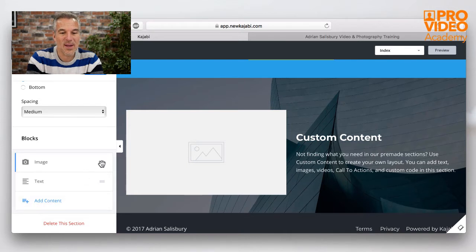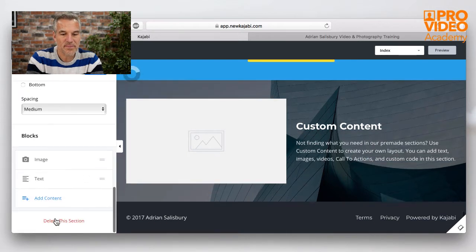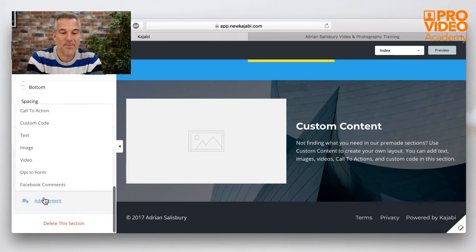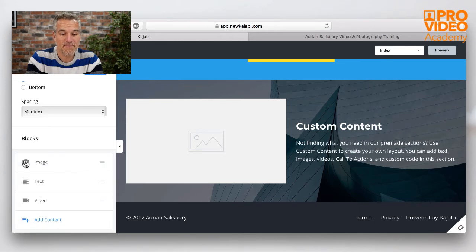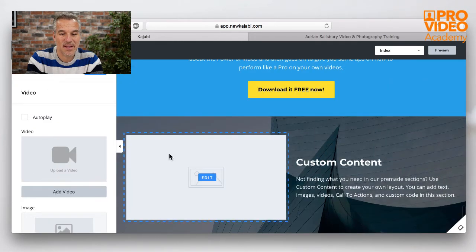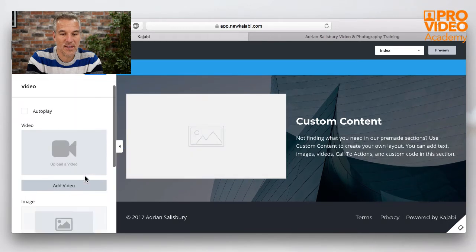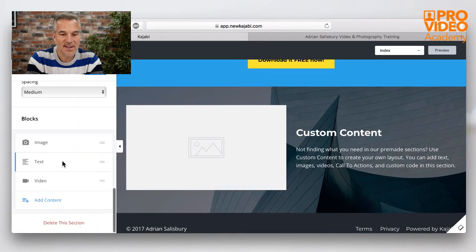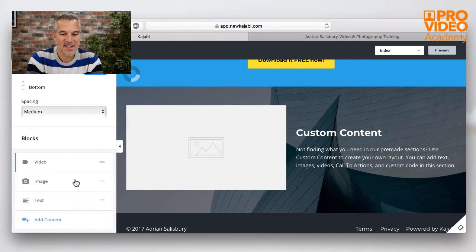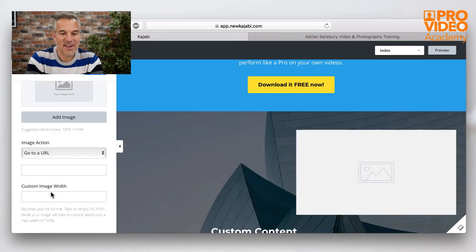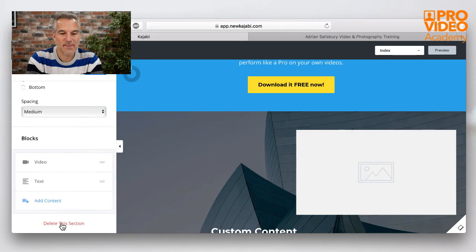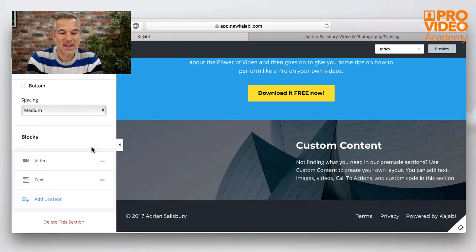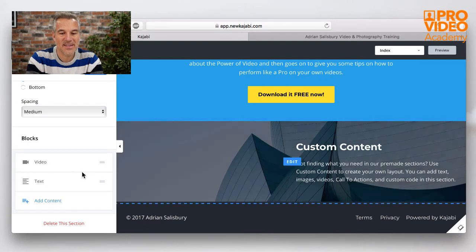Now, if I want to, let's click on image. I tell you what, I'm going to add this first. So I'm going to add a bit of content in here. And I want to drop in a video. So now I've got three. It's going to screw this up, trying to put three things in. So I've got an image, text, and video at the minute. So I'm going to push video up to where the image was. And then click on image and say delete this block. So now I've got space in here to have a video, which is going to sit here.